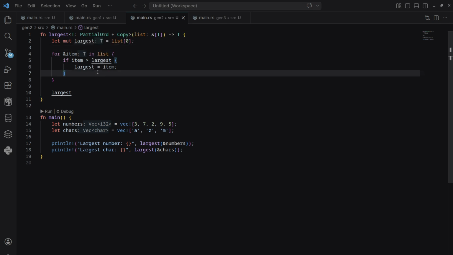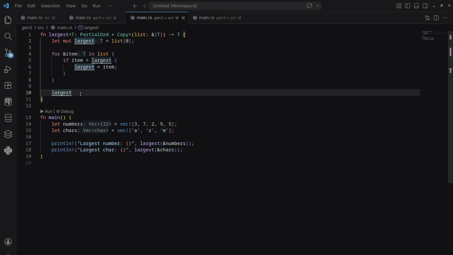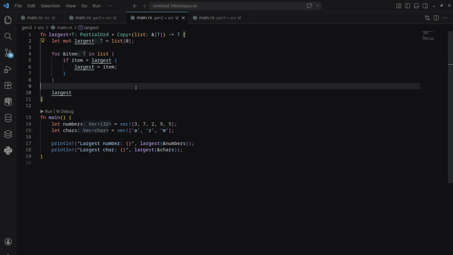If that is the case, then we assign item to largest. And finally, we return largest. So you see, the return type of the function is also T. Okay. Once we have that, we can create a vector of numbers 3, 7, 2, 9, 5, and we have a vector of characters